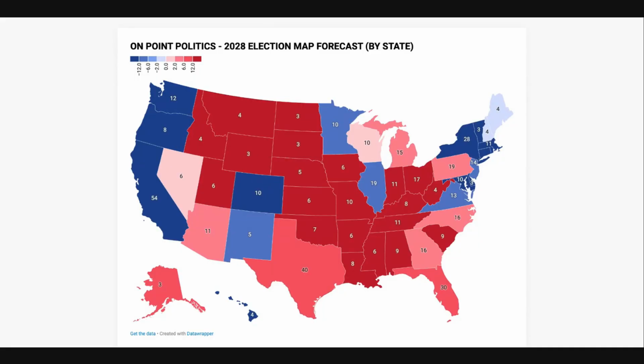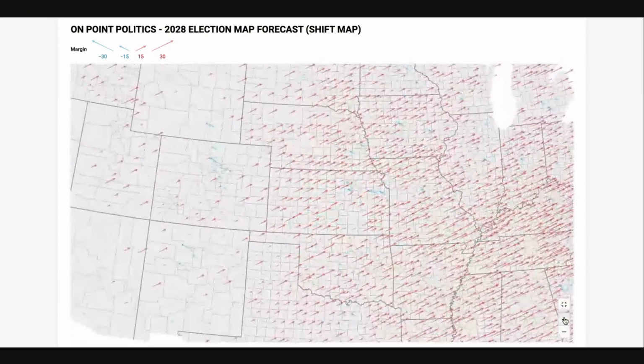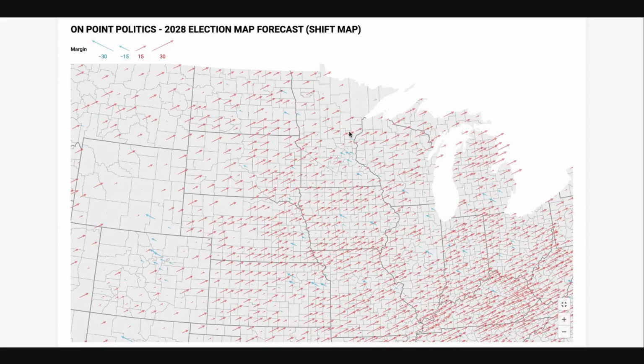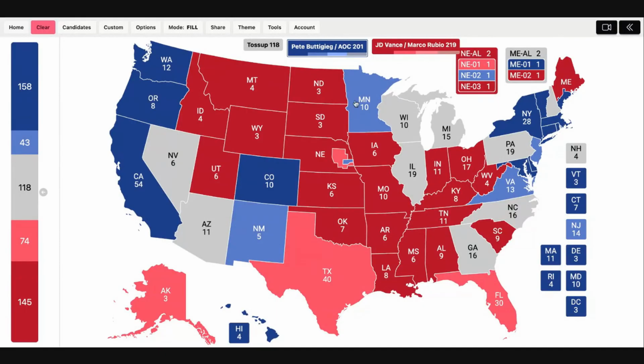And we can see in the shift map in Minnesota, although the red counties, the rural counties, end up getting a lot more Republican on this map, the suburban and urban counties end up shifting so much more to the left that you end up getting a pretty polarized version of Minnesota where Lake County's going Republican, but the state isn't flipping. And then you have all of these exurban areas and suburban areas actually flipping Democrat for the first time in quite a while. So it's really interesting stuff to see in the state there. So that's what you're seeing in Minnesota.